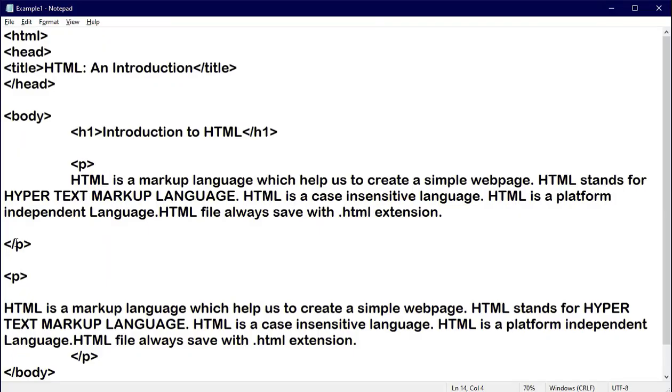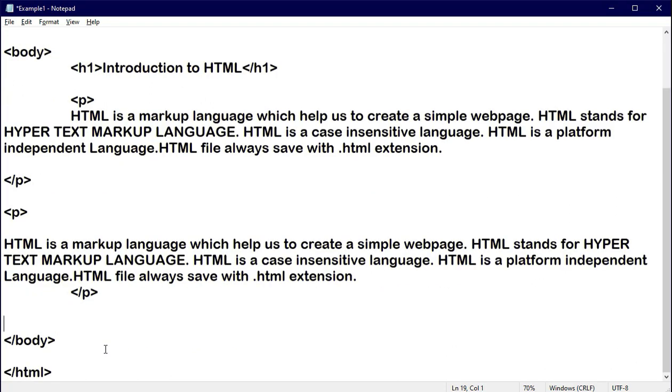Now next is the information we have written. Whenever you want to display or highlight any particular text, you can do it very easily using some effects. For example, bold, underline, and italic, which you are used to in Microsoft Word, Excel or PowerPoint. The same effect you can provide here, and that is possible using a particular tag: the B tag, I tag and U tag. Let us see the use of that.